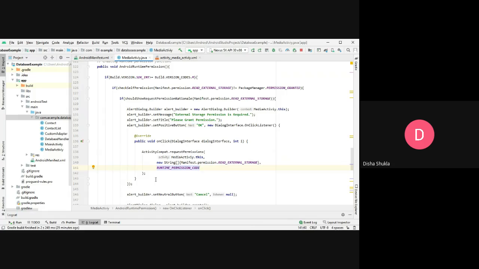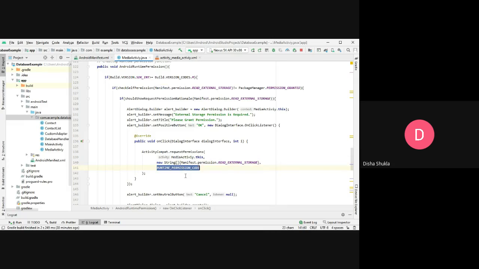But I told you that when you want to go from one activity to another and you want to get some data from the second activity and return to the first activity, you can use the method start activity for result. In that method also we used to pass a particular request code, and using that request code we used to check whether we are coming to the first activity after visiting the second activity or not. So that is a similar purpose over here.